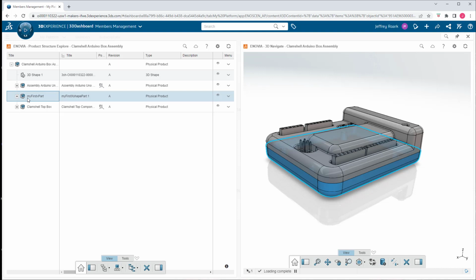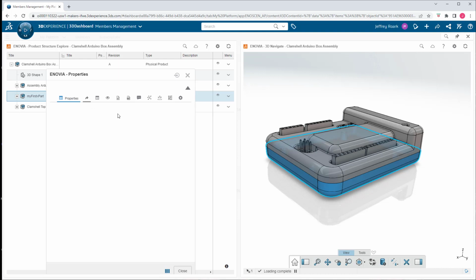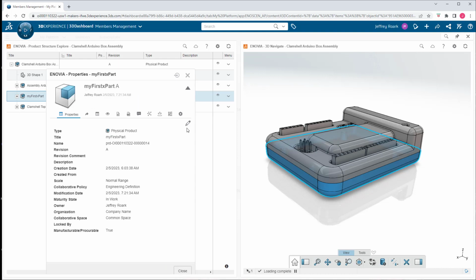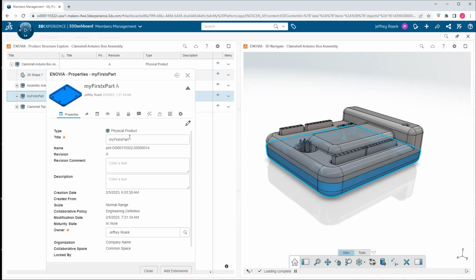You can see this part I've labeled my first part, which I think it's time to change that name to make it a little bit more appropriate. So I'm just looking at the properties directly here, and then I'll change the name to be clamshell bottom box. Okay, and then we'll save that change,